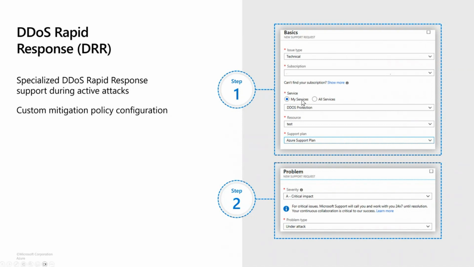You need to do this in your services. You have to write DDoS protection. You have to say the plan that you have. This is the DDoS plan. The first thing you do is create a DDoS plan. So mention the plan here, and then you can open a critical ticket and give the description as under attack. And someone will be with you on the call